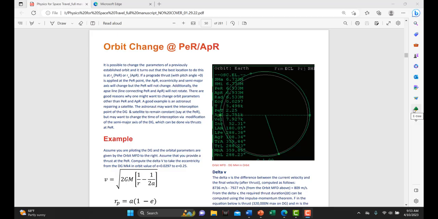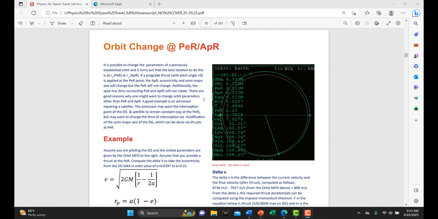Orbit change, an important topic. So let's say an orbit has been established, and one mission was flown, but now another mission needs to be flown, and the orbit needs to be changed. It is possible to change the parameters of a previously established orbit, and it turns out that the best location to do this is at the periapsis or apoapsis point. Remember that the periapsis point is the point of closest approach of the orbiting object to the central mass, in this case the Earth. The apoapsis point is the